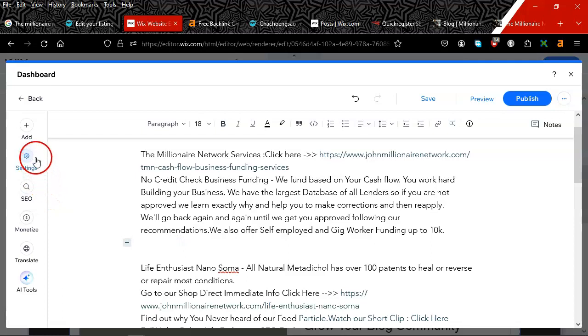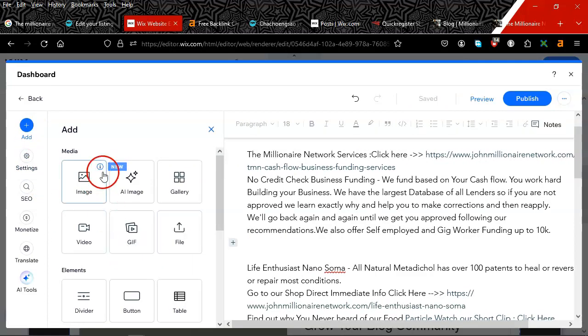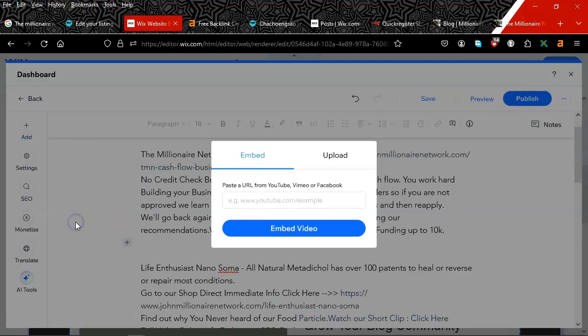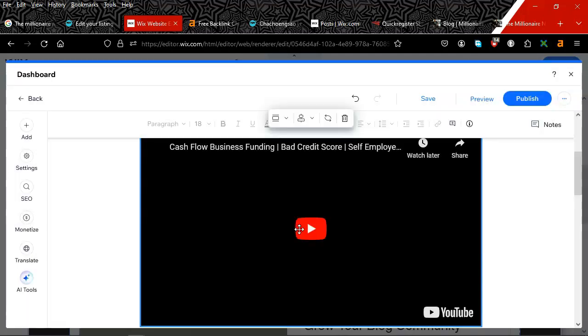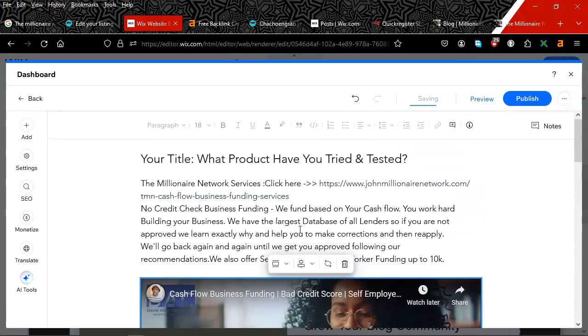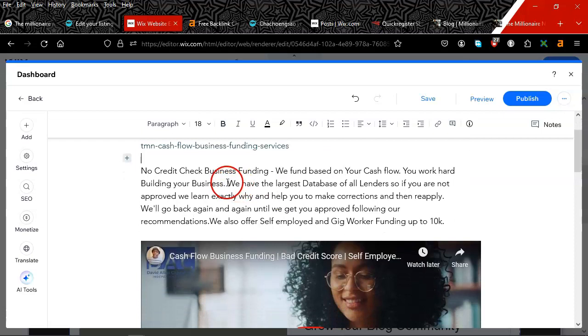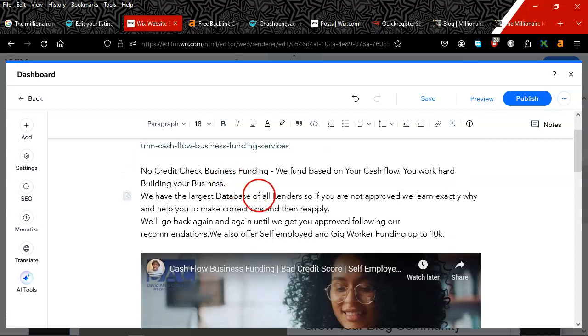And in this section, we're going to press add, or you click right here. And it's going to give you options of what you can do. Right now, we're just adding a video. So we're going to add that video. We're going to post that link that we just lifted, because that should be from the file that you have saved for your ads. Then we add a little space, little punctuation, you know, get everything looking nice and neat.